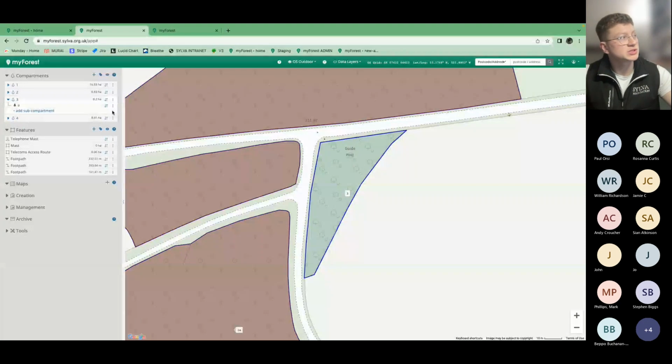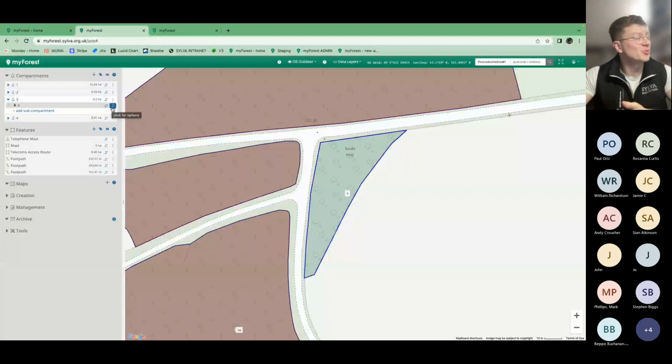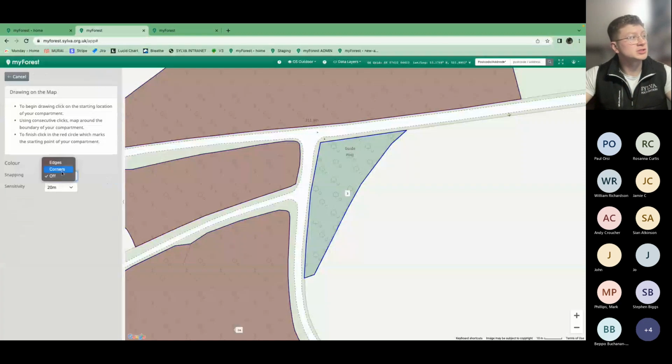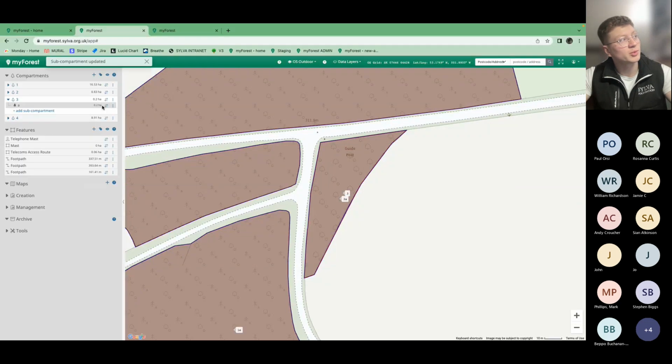So to map the subcompartment, I'm going to go through the same process as before. This might get a bit repetitive while we go over it. Click to add options and then add mapping option. I'm going to turn snapping on and turn it to corners just for speed, but it essentially means that I can snap to my existing mapping that I've already done, and it just makes the process nice, quick and smooth. Clicking back in the red circle to finish that subcompartment, and we can see my subcompartment now has the 0.2